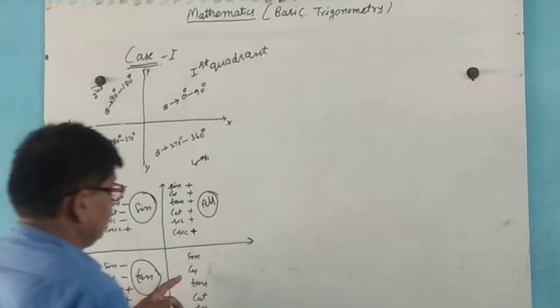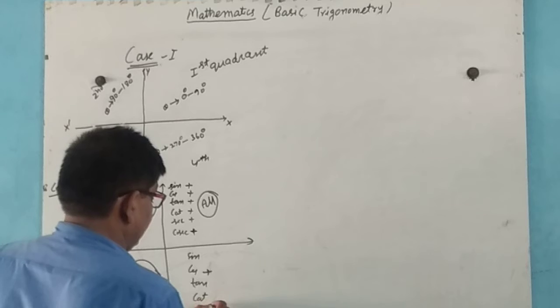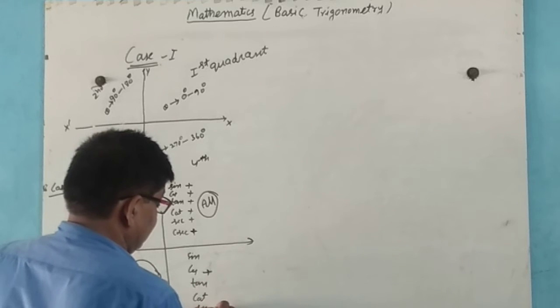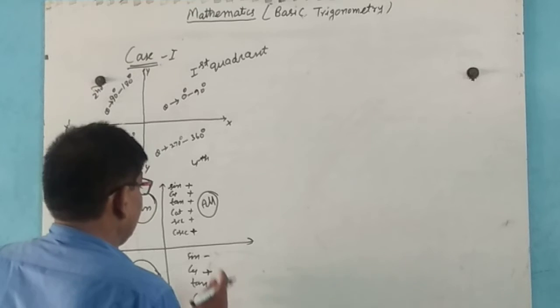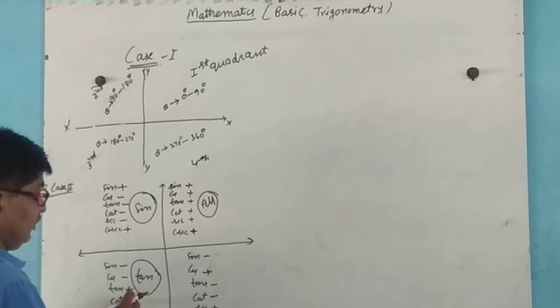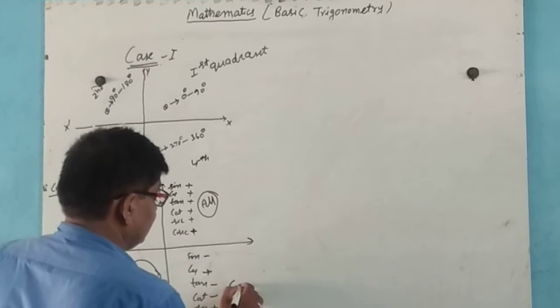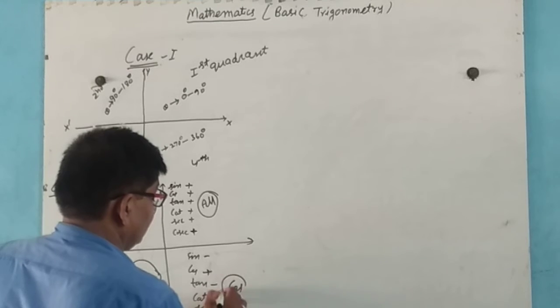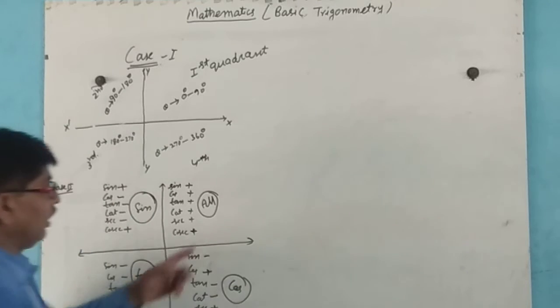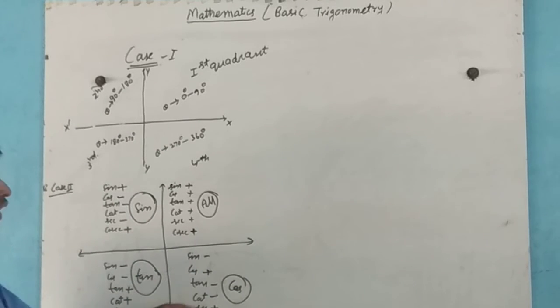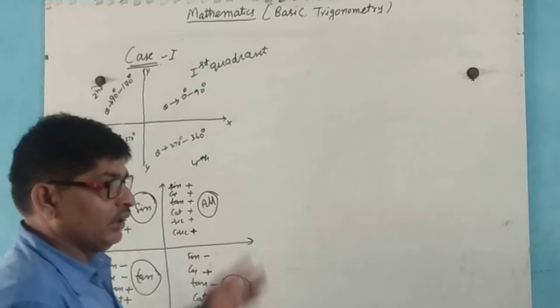And here cos and its reciprocal sec are positive, the rest are negative. All Sine Tan Cos. All Sine Tan Cos. ऐसे हम याद रखेंगे, all means